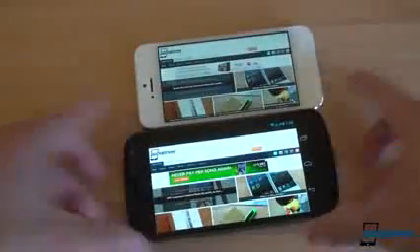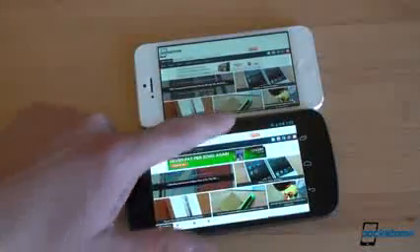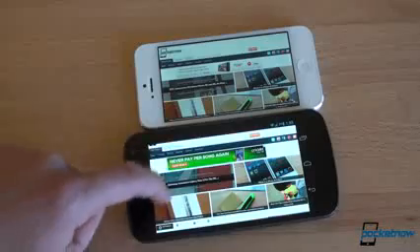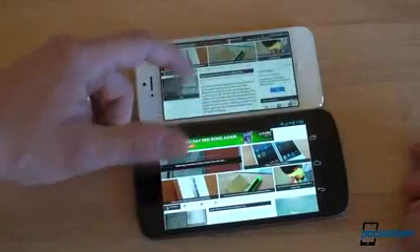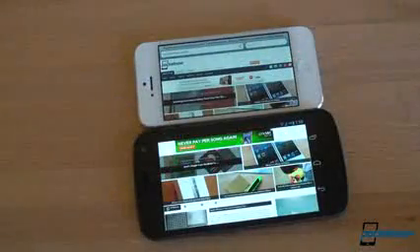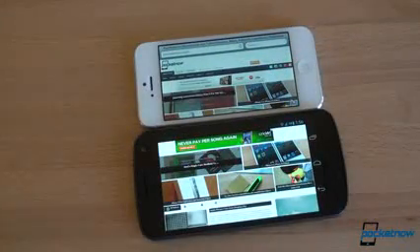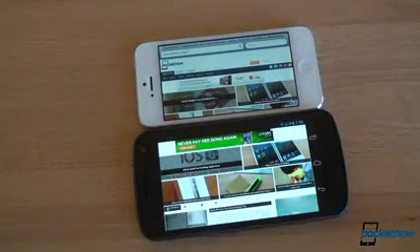So here we are in landscape. We both get pretty full screen views here. There's an option to hide the status bar at the top of the screen, but in iOS 6 now you have this full screen view, except for when you get to the top of the screen, then you actually see the information there. Something they didn't do in iOS 6, which is frustrating, is that they didn't